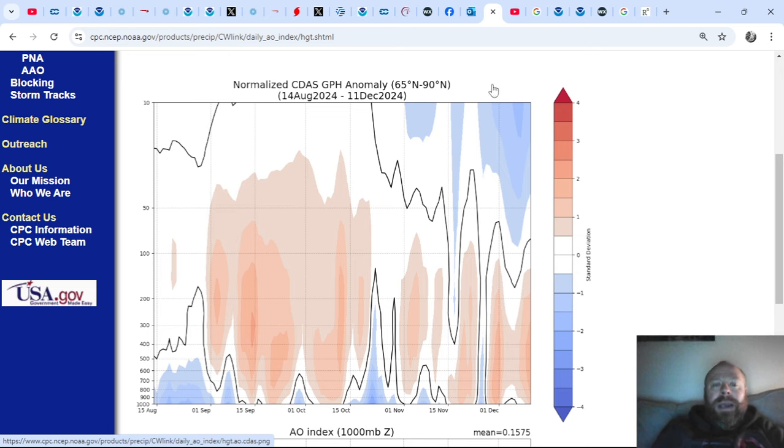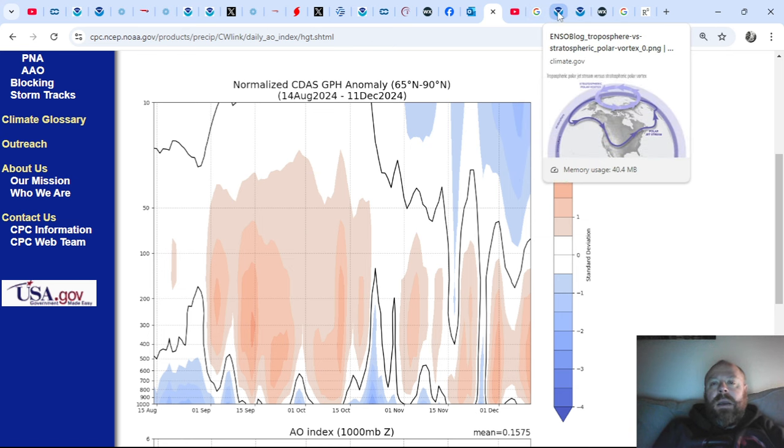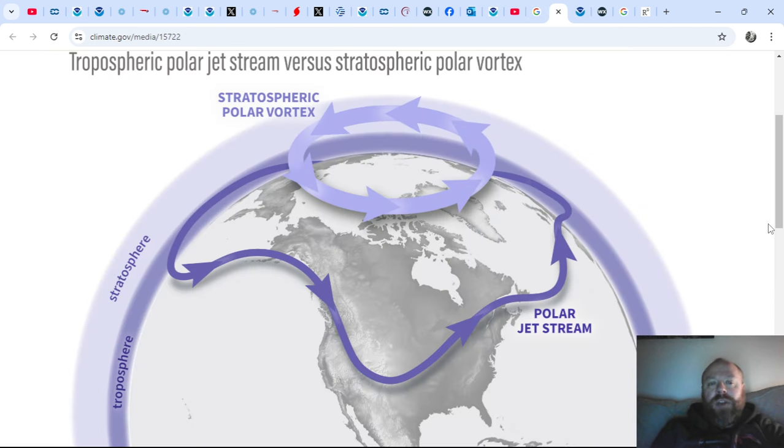You've got this cooling at 10 millibars all the way down to 50 millibars as we progress through the first couple of weeks of December. And if we look at this graphic here, you can see the difference between the stratospheric polar vortex and the tropospheric polar vortex. Two different entities, but if you stretch the upper levels of the polar vortex, you quite often get downstream effects. But that stretching, especially when you've got warming between East Asia and northwestern America, you have a